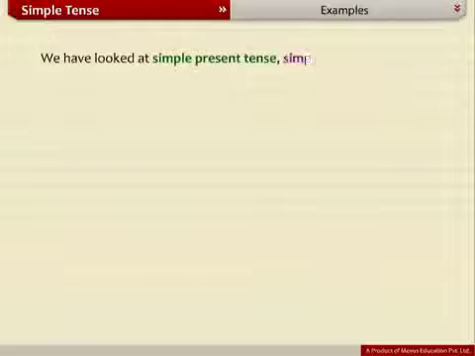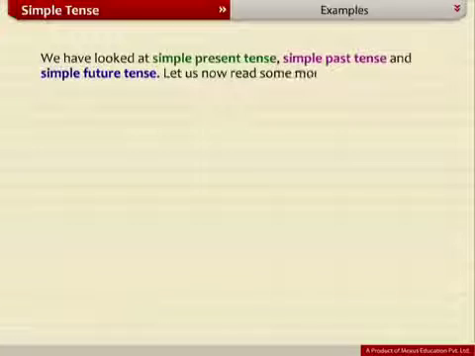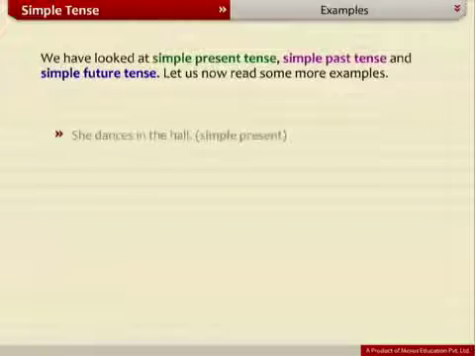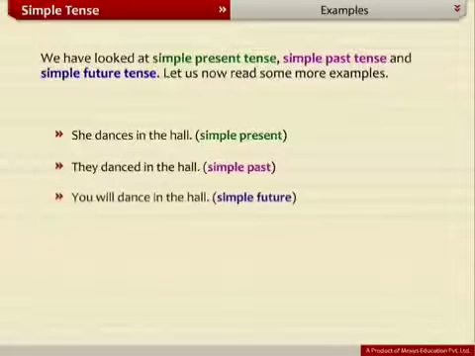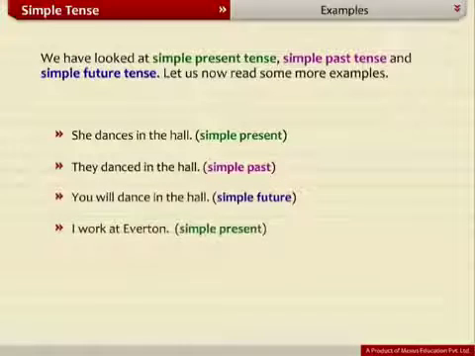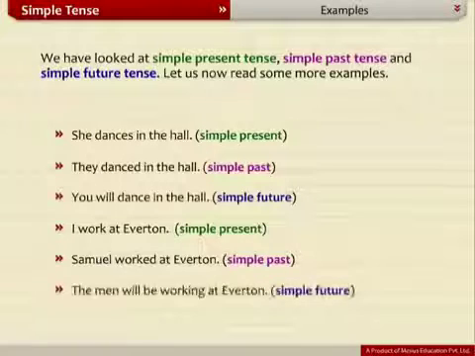We have looked at simple present tense, simple past tense, and simple future tense. Let us now read some more examples. She dances in the hall, simple present. They danced in the hall, simple past. You will dance in the hall, simple future. I work at Everton, simple present. Samuel worked at Everton,